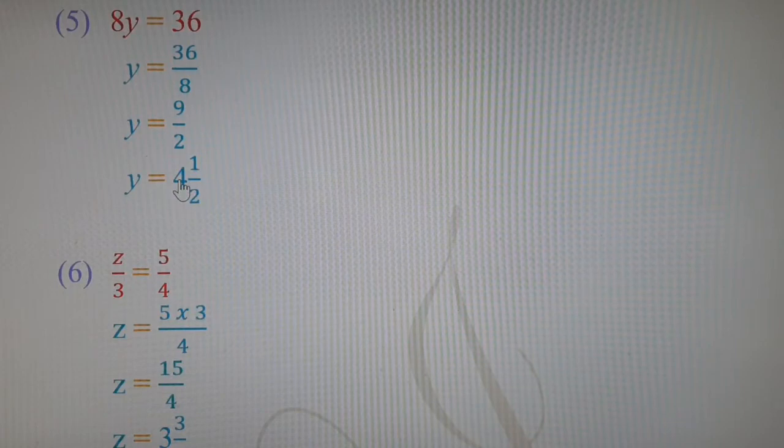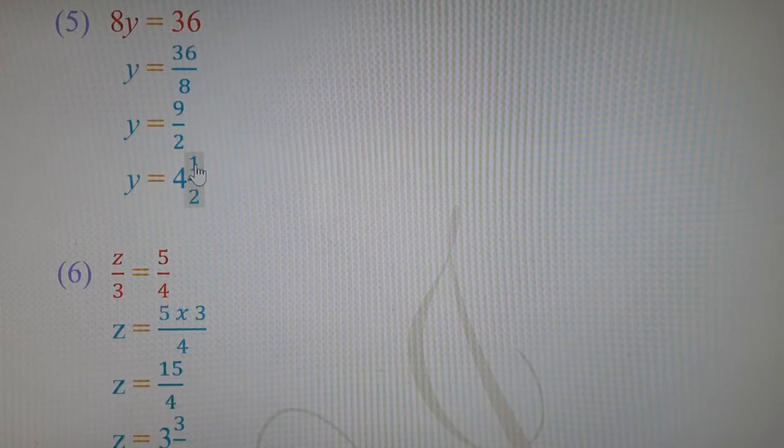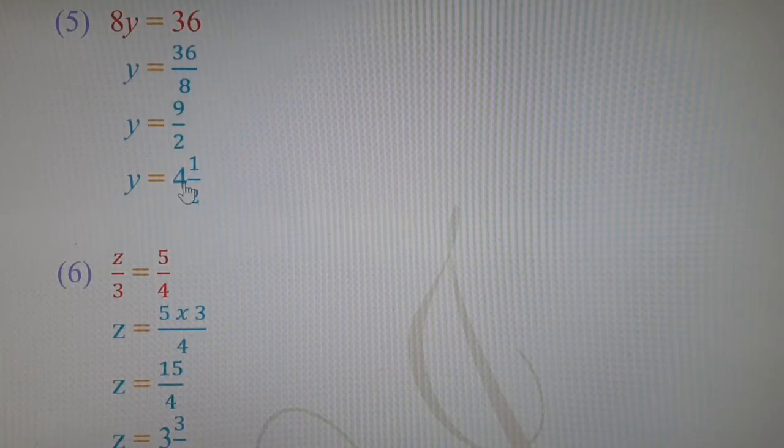2 4s are 8. So multiplication, 2 multiplied by 4, 2 4s are 8. And plus 1, we will get 9. So remainder will be 1 or carry will be 1. 4 integer 1 upon 2 will be our answer when we use the multiplication addition rule for converting into mixed fraction. 4 and 2 is multiplied and the remainder is added. 4 2s are 8, 8 plus 1 is 9. 9 upon 2 is further simplified as a mixed fraction. We'll get the answer as 4 integer 1 upon 2.